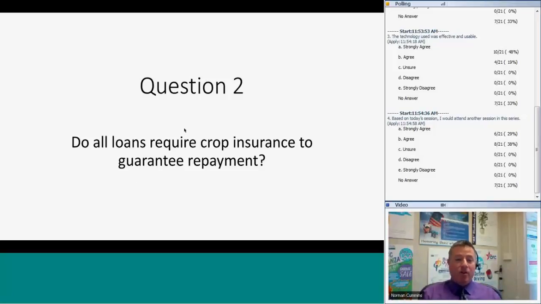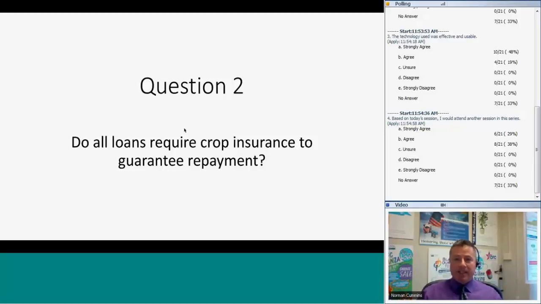And no, not all crops require crop insurance to guarantee repayment. It really depends on what you're trying to grow. The crop insurance itself is run through the county office. I'm considered a federal employee, while in the counties you actually have state employees. Even though they're USDA FSA and we fall under the same bubble, they actually work for the county office itself. So when you decide you want to farm, you would talk to them about what you're going to grow and whether crop insurance can be required.